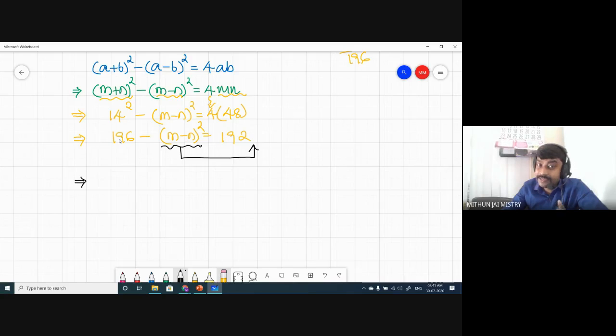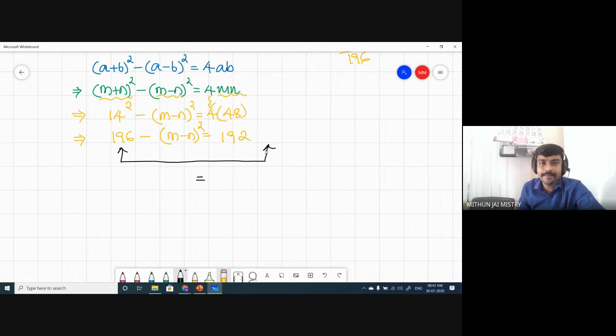Actually, you can even take 196 to that side. That's up to you. Yeah, you can take. 196 I am taking now. I changed my mode. So let me take 196 to that side. When you take 196 to that side, what will happen in the right hand side? 192 is there as it is, and 196 is coming as a guest. 196 has a plus symbol actually, right? So when it goes to the other side, it will become minus 196, which will become minus 4.